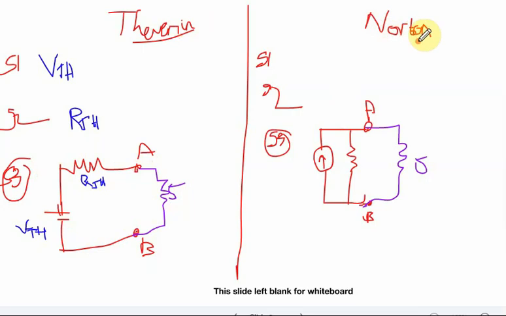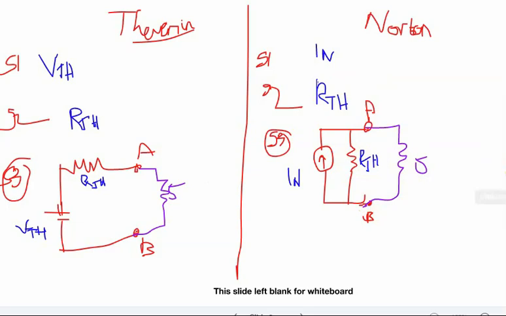Similarly, we see the Norton theorem. Here this is called IN, and you find IN in step number 1. Then this one is RTH. You have already seen RTH in Thevenin's theorem; it is the same RTH, same circuit, same method. In step number 1 you substitute IN, in step number 2 RTH, and from the circuit the load resistance. So these are the three things you need to do.